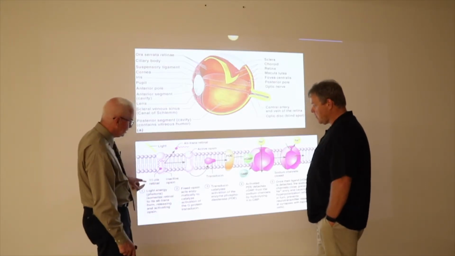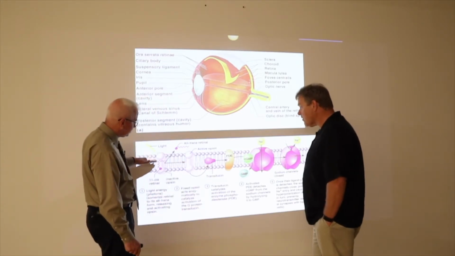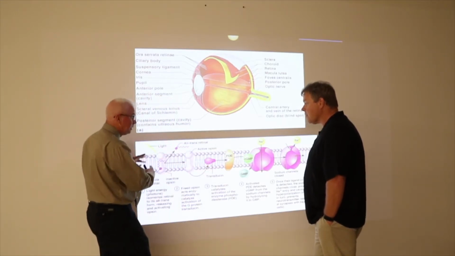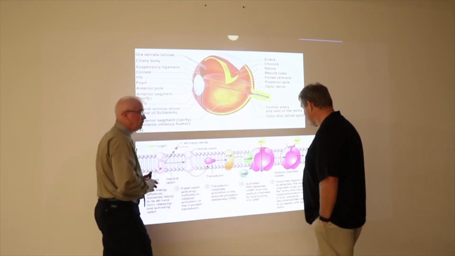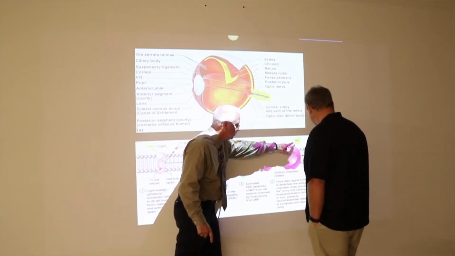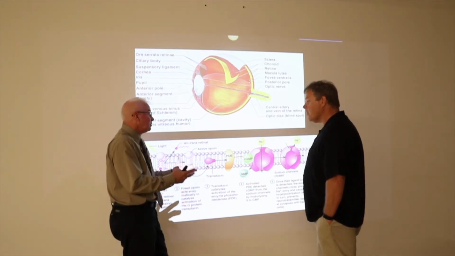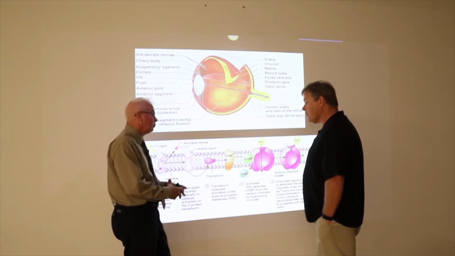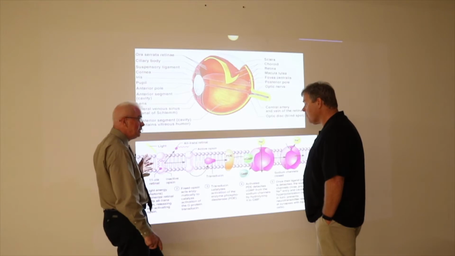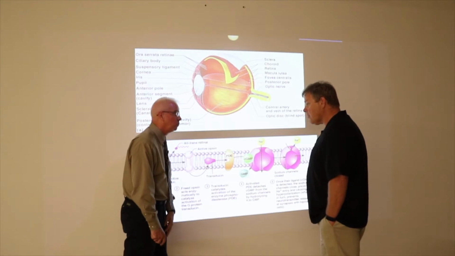So what you can see here is, in science jargon, a system of 5 steps. These steps consist of molecules, proteins that interact with one another in sequence. They have to interact with each other in the proper order in order for us to see. We now know that at the end of this, you have to do something to this protein over here. You have to stop the sodium movement through that protein or we don't get to see. That's when you say, what is vision? You say, well, that's light hitting your retina. Well, not really, because the light that hits the retina has to initiate a sequence of steps, each requiring different proteins interacting with each other in order for us to see.